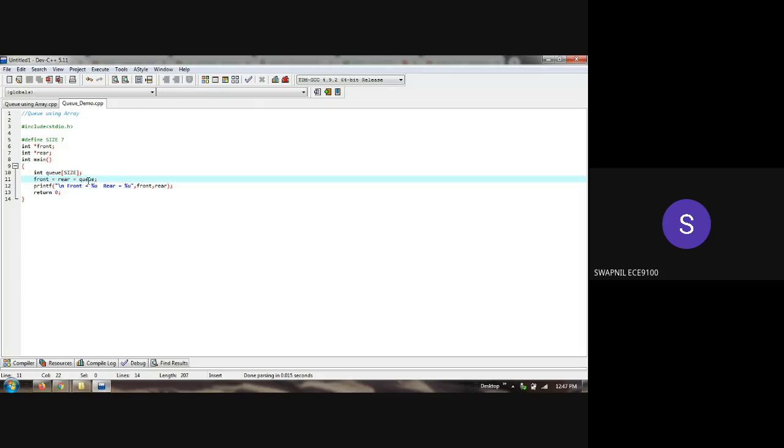So base address, will it be q0? q0 means the zeroth element. It's not an address. So either this one, or if you are not comfortable, ampersand of q0, the address of the zeroth element. This is array basic, that if I provide only the name of the array, it behaves like its base address. If you just display over here,